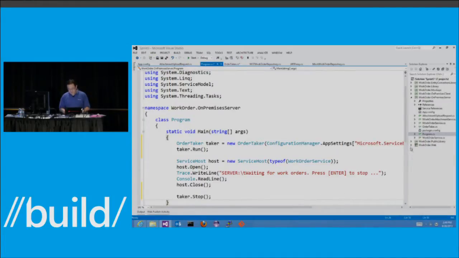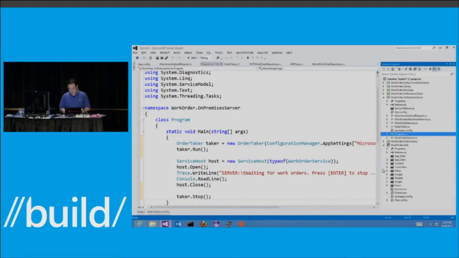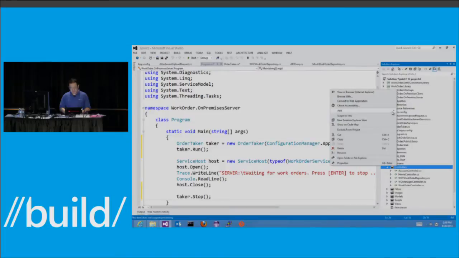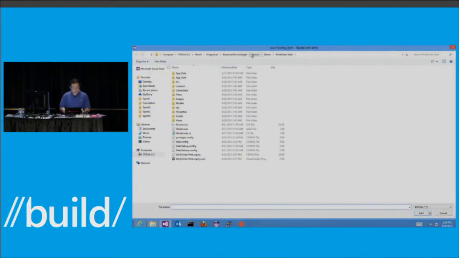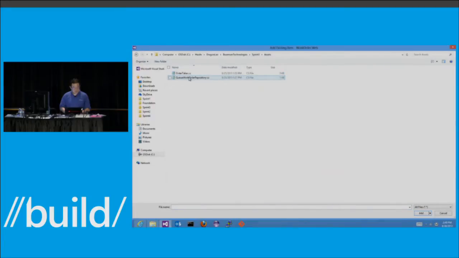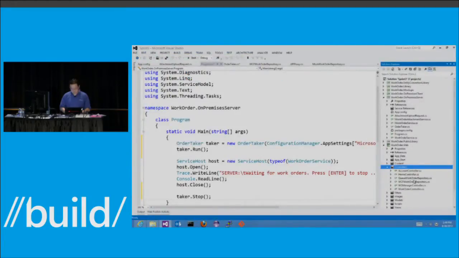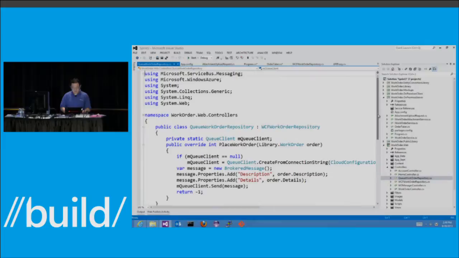And on the server side, remember we have this abstraction of repositories. So all I need to do is to introduce yet another repository, the queue one. I'll show you what it does. This is fairly simple.